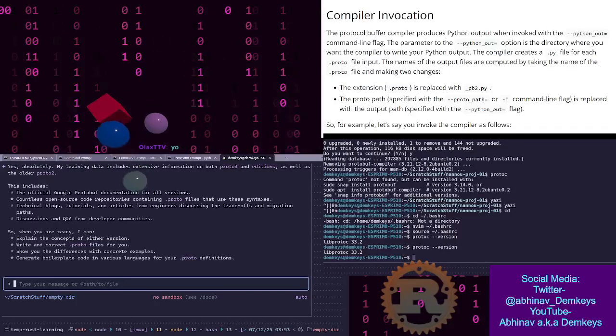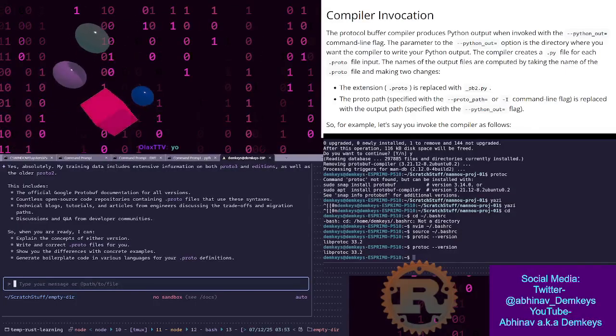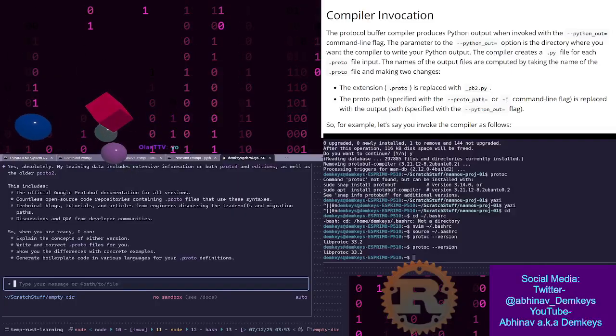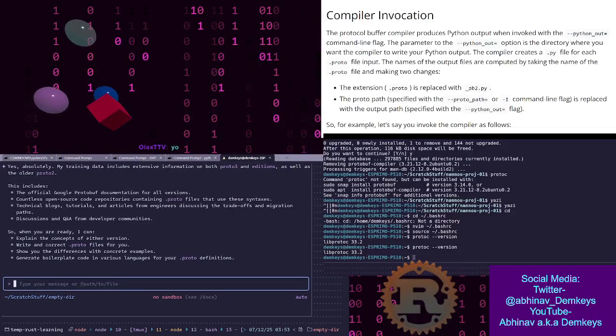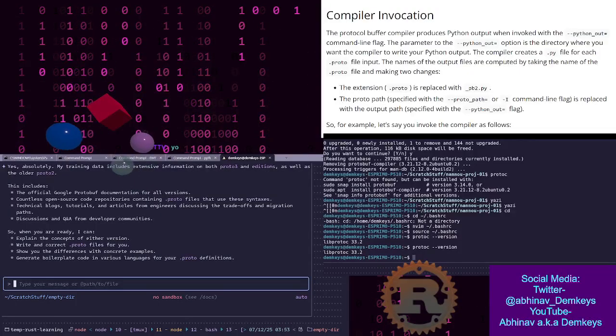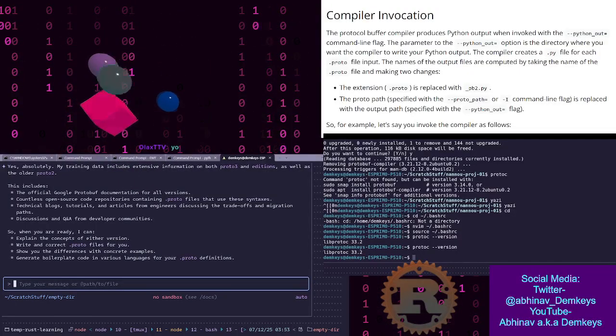I was about to say that we're probably not going to include memmap into this, but then memory mapping doesn't really come into it either, because that's a FlatBuffers thing. That's not a ProtoBuf thing. ProtoBuf is going to load up the entire thing anyways. But yeah, I should look into